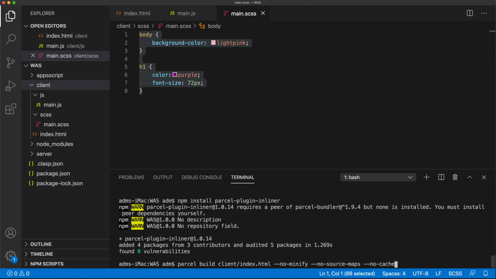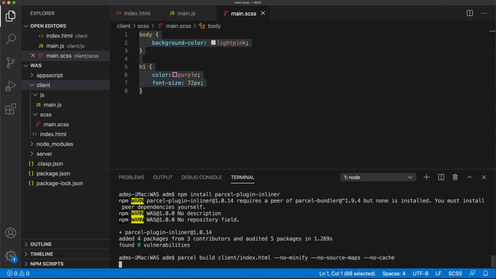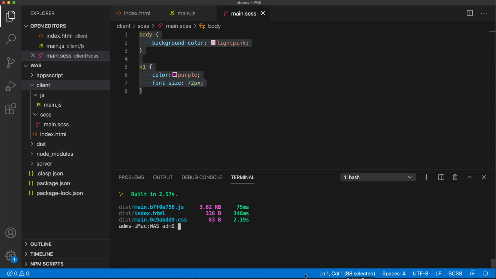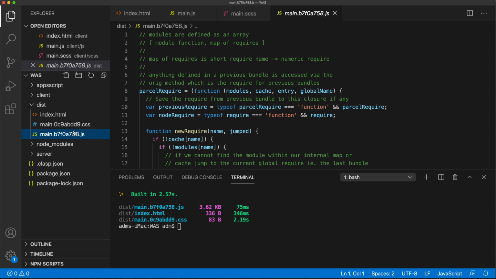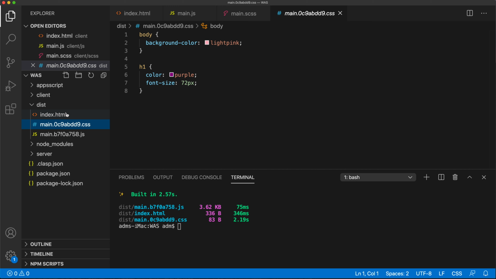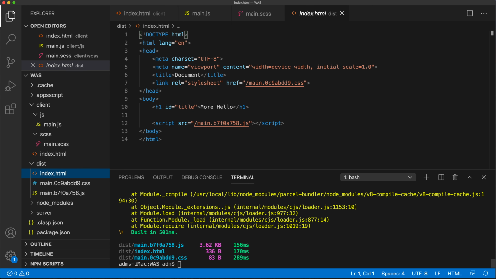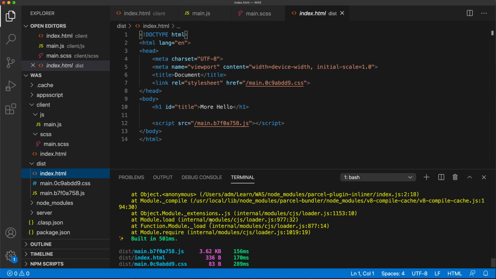So again, to understand what all these flags do, watch my Parcel videos. I'm not going to spend time on that here. So I'm just going to run this. Let's see what we get. Okay, so it had to go and grab some more stuff and install it, but it seems like we're good. Now let's look at our dist folder and see what's going on. So far, the same thing you would expect from regularly what Parcel would do. And that's because if I scroll up a little bit,